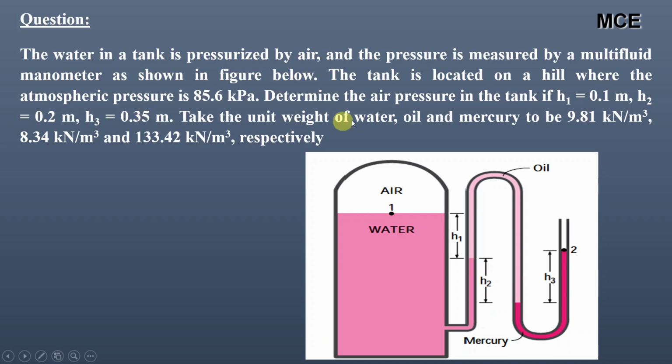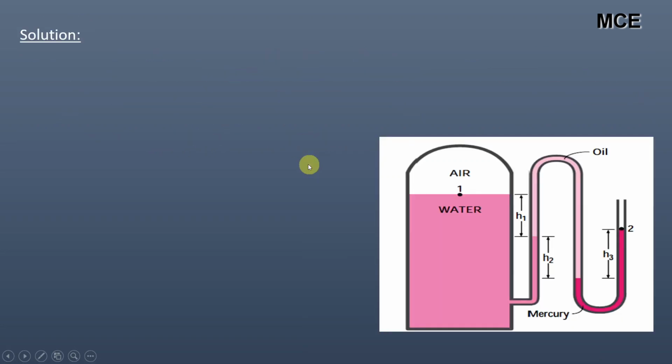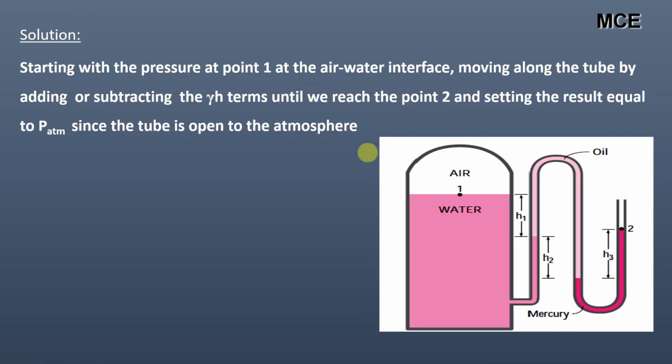The unit weight of water, oil, and mercury are 9.81 kilonewton per meter cube, 8.34 kilonewton per meter cube, and 133.42 kilonewton per meter cube respectively. Again, we will be starting with pressure at point 1 at the air water interface and moving along the tube by adding or subtracting the gamma H terms until we reach the point 2 and setting the result equal to atmospheric pressure, since the point 2